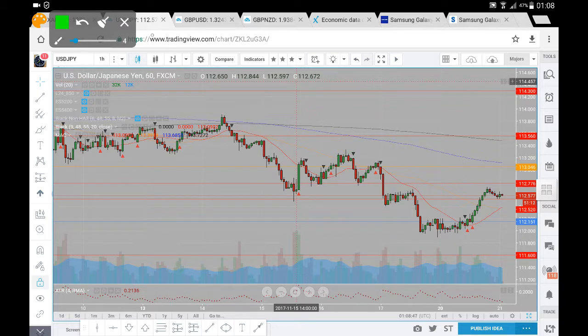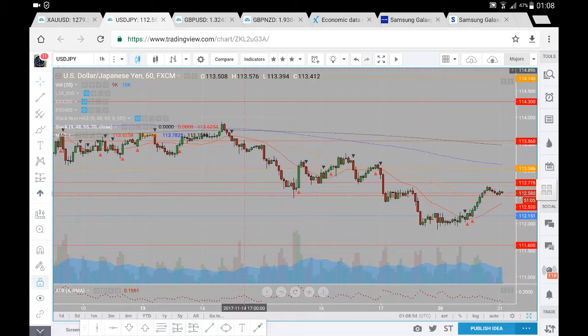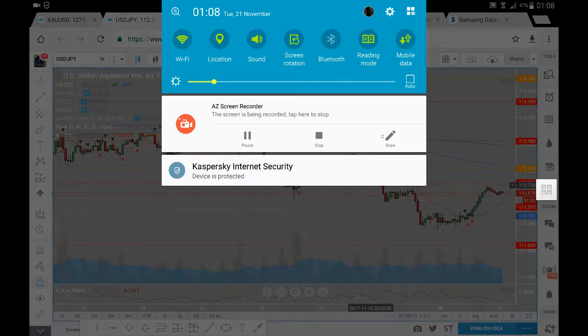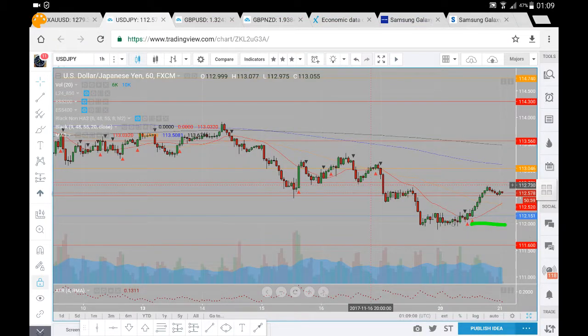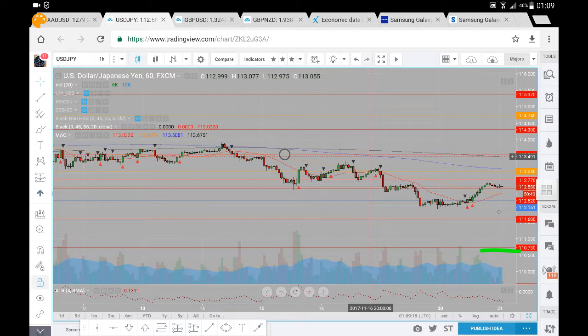Now let's just have a look for potential downside targets if we do see a breakdown from where we are currently at in around this 112.52. So if we're unsuccessful in our continuation beyond 112.52 and we do see a breakdown below 112.52, again we'll be targeting this 112 level where we did find support before. If we don't have much reaction to the 112, we'll be looking at 111.60. Again, it's a very strong major level for a potential bounce in the market. Beyond 111.60, we would be looking at in around this 110.73. So in around 110.73, that's the very next level. So I would anticipate the 111.60 maybe being the far end of the range. If we do get quite a bit of volatility, 110.73 may come into focus. Similarly, 114.30, if we do get quite a lot of bullish volatility, but I don't anticipate price getting all the way up to 114.30